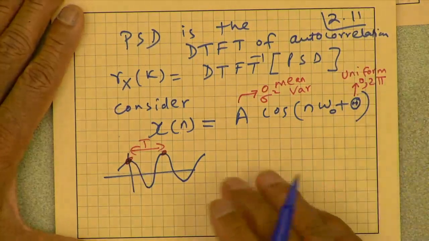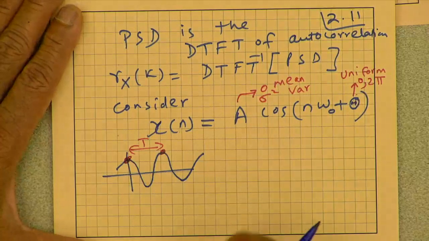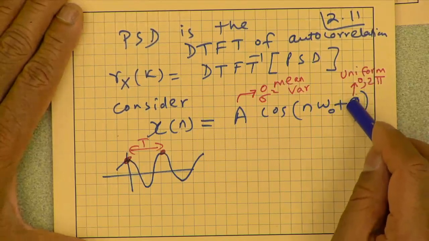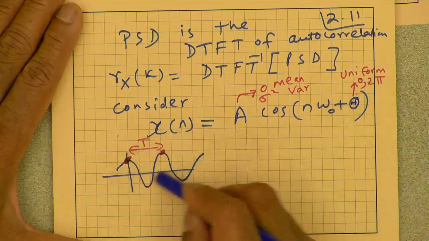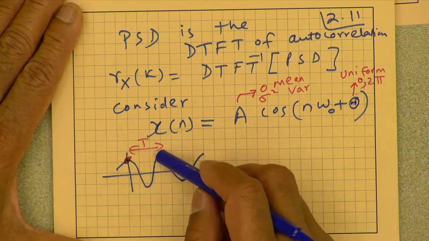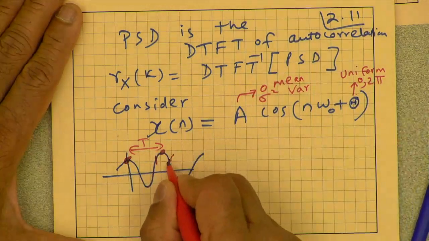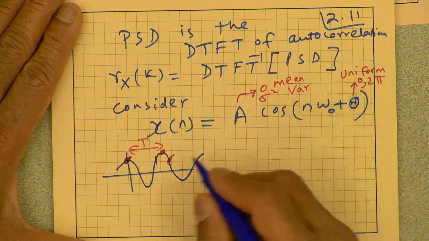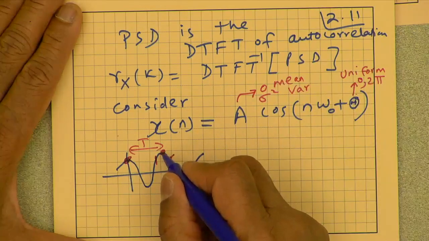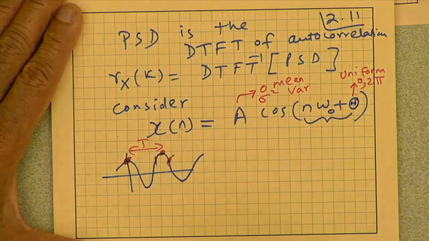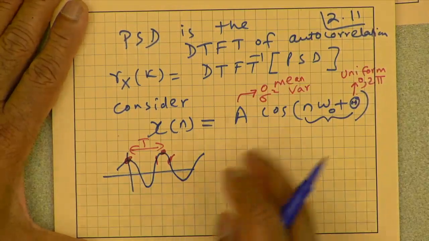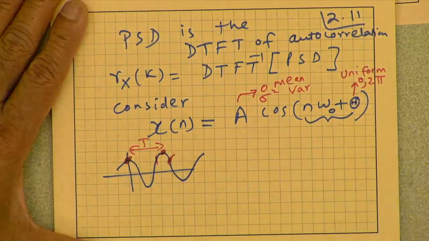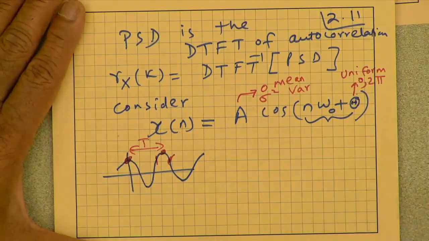But the signal that the sensor is computing has certain noise. In this case, this random phase noise is going to change that, and so instead of the peak being here, the peak might be here, or here, because the noise is changing the phase of the signal. Cosine would be at its peak when the whole thing is a multiple of twice pi, but because of this phase randomly changing, it could be somewhere else. So that is the reason we need to compute the autocorrelation.